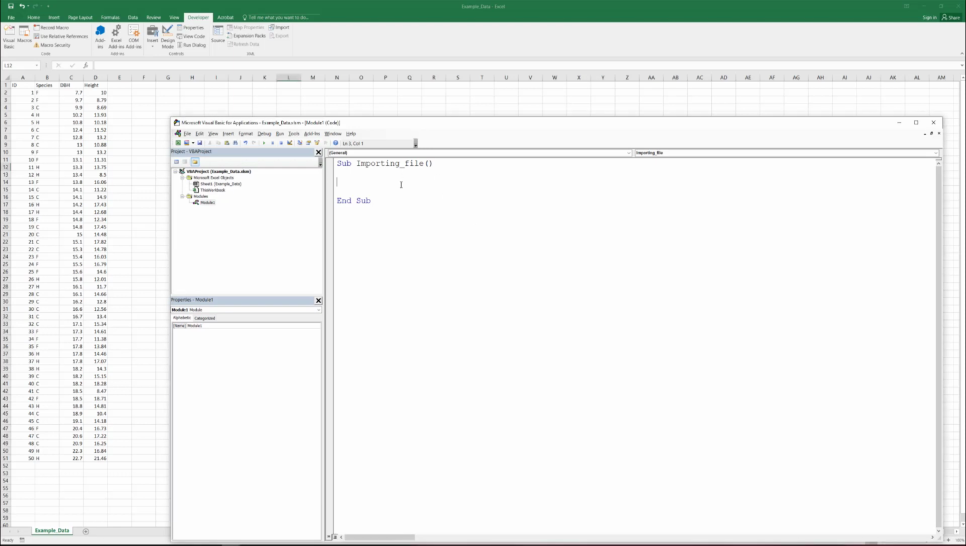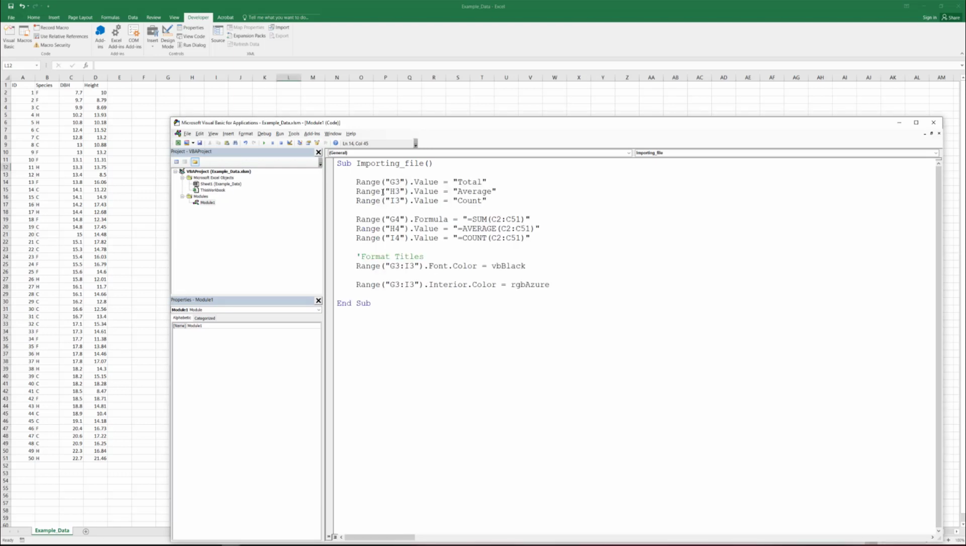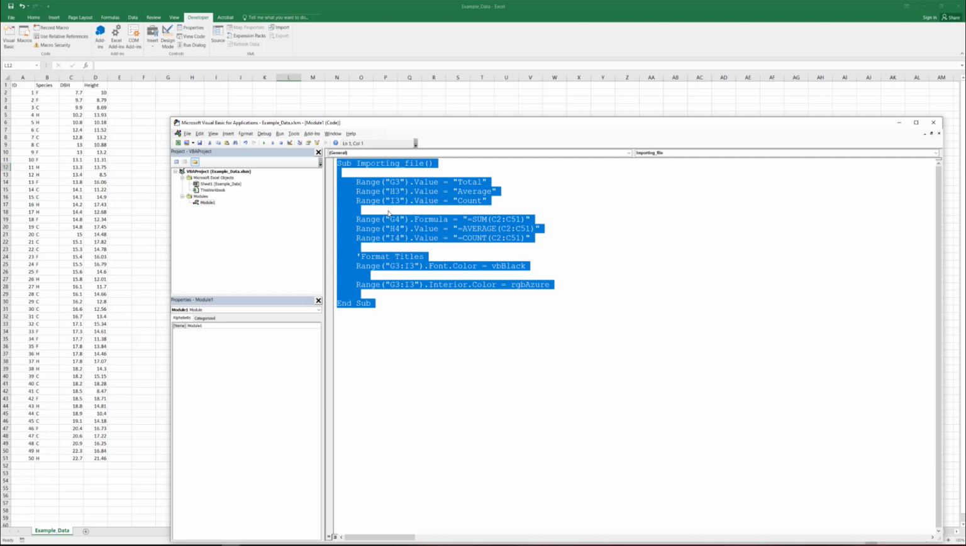So let's say we added this code, and then we say what should be the name and what we should be adding in terms of the function: the sum, average, and count. So you need to write those. You learned how to add sum, average, and count on the cell. Now we are writing it in the macro code. So I also said what should be the font color and the interior color. Then let's apply,